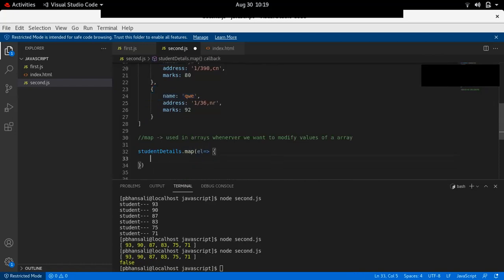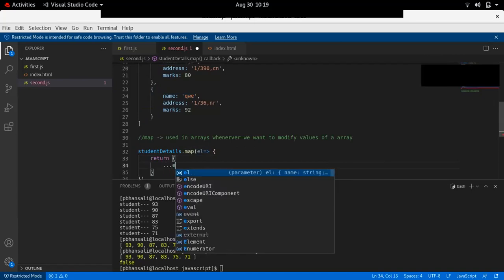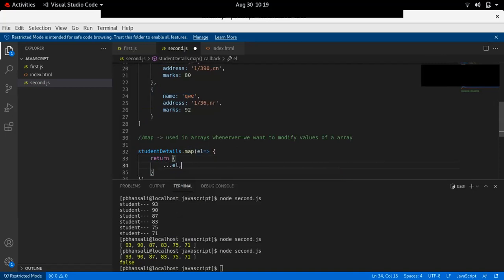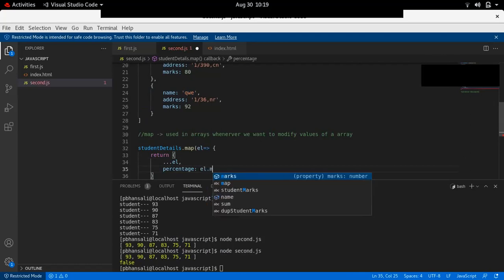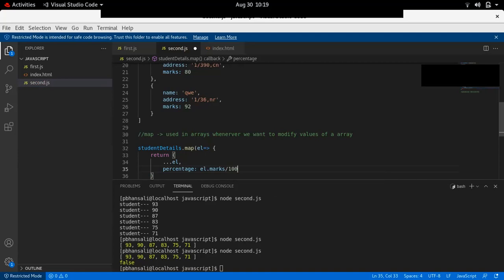Now what you can do is return an object every time. This object should have EL as well as a new property called percentage, marks divided by 100.